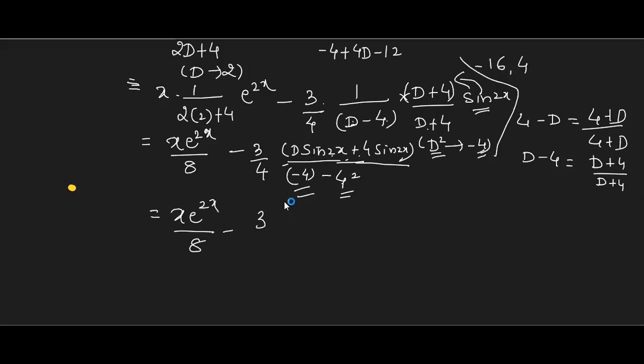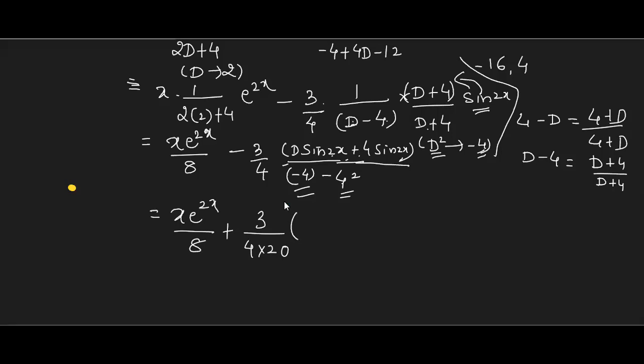How much? Minus 20, right? So 20, I'll write like this, see. Plus 4 into 20. Am I correct? This 4, the sum is 20. Okay. Now, this we still have to simplify.